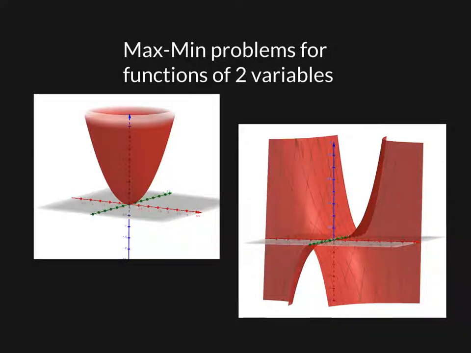For example, this sort of parabolic cone shape here, we notice that if we take the derivative with respect to x, we keep y constant. Basically, this point down here at the bottom is a minimum, right? And the tangent lines in both the x and the y direction in the plane are zero.